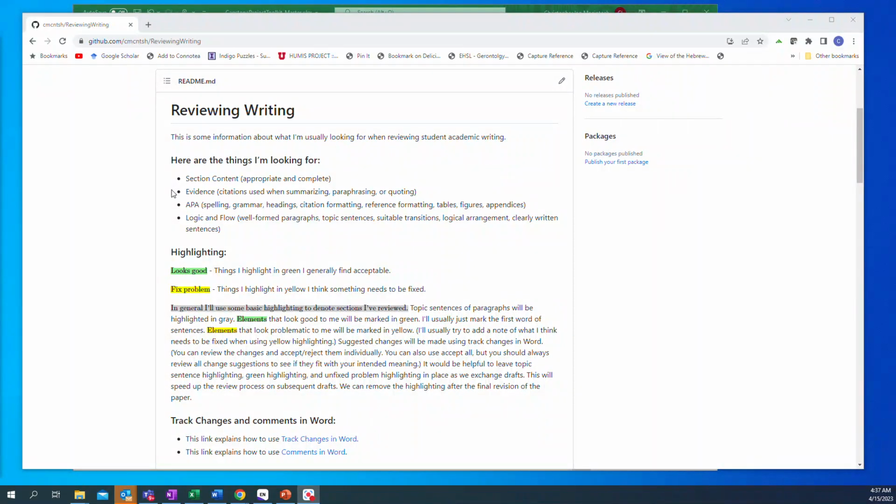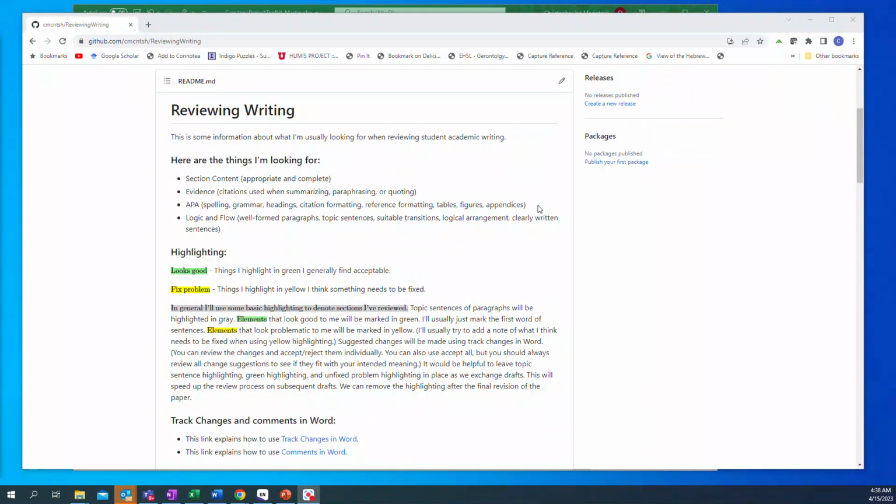Most of our writing is academic in nature, and so you're going to be citing sources, so I'm looking to see that you're correctly using citations and references when summarizing, paraphrasing, or quoting sources. I work in nursing, so we use APA as our standard. So I'm looking for spelling, grammar, headings, citation formatting, reference formatting, and figures, tables, and appendices are correctly formatted and